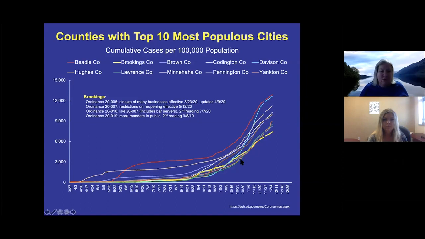The green one, Lawrence County, starts picking up as well, whereas Brookings stays pretty low. And you have a lot of these counties that were lower than Brookings before the mask mandate that have now surpassed it. So out here, we now have the lowest cumulative number of cases per population size of